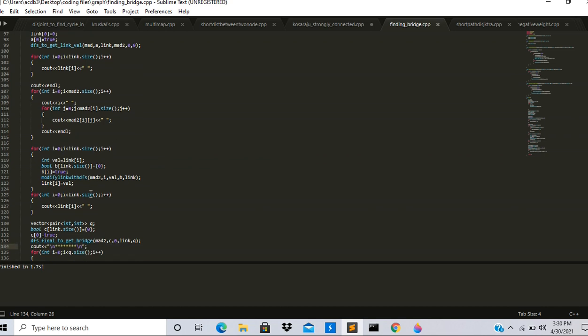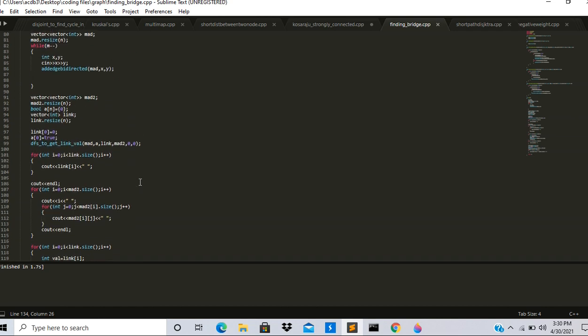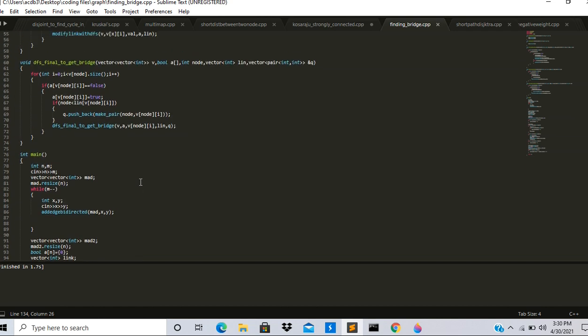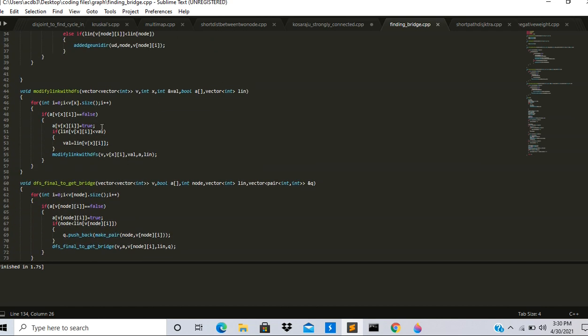So here we have applied depth first search on each node, and we have used the directed graph that we have collected, and I've defined a function which says modify link with DFS. So what we do is basically we apply the DFS on each node and get the least ID that it can visit with low link values.